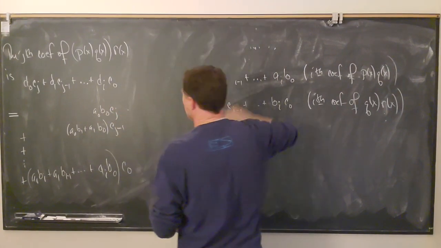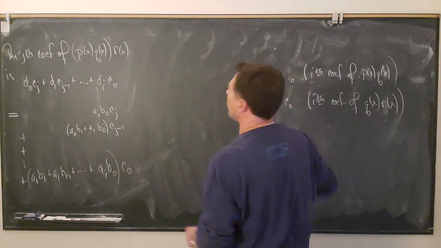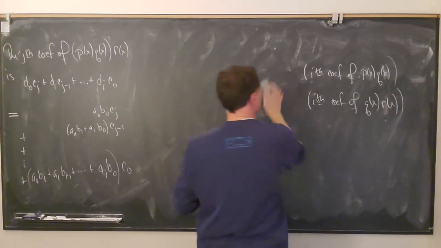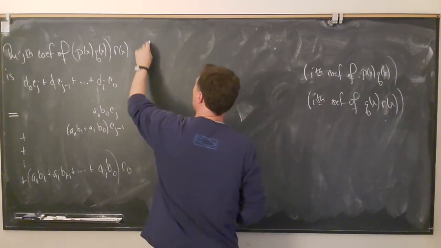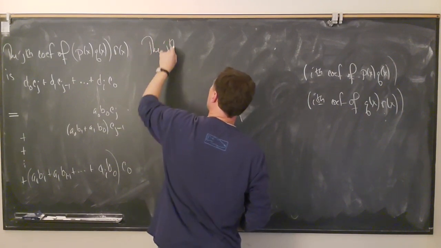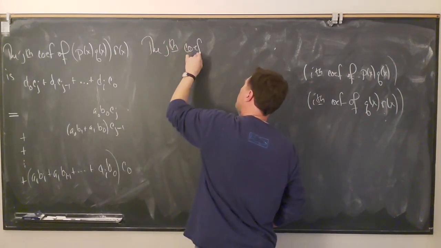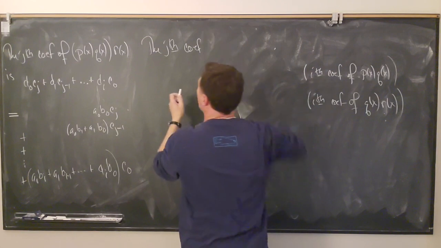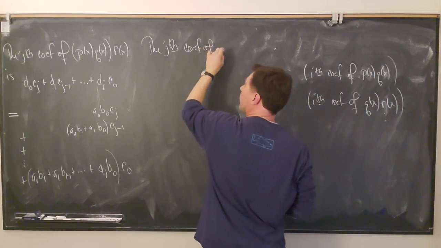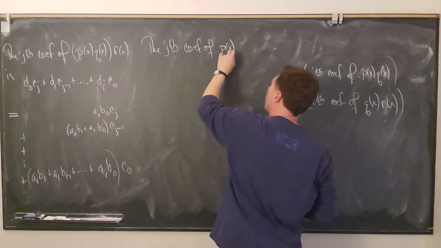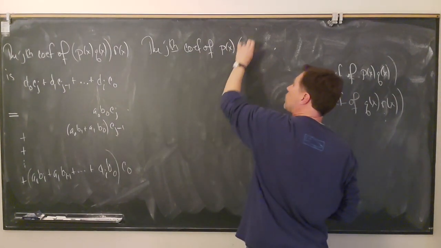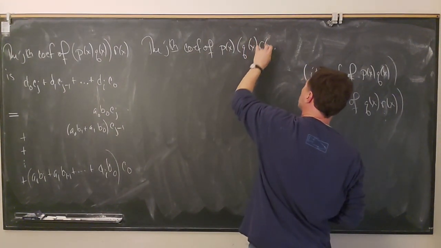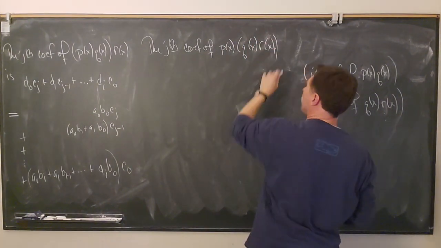And I also want to look at the jth coefficient of what you get when you move the parentheses over. So the jth coefficient of P of X times Q of X R of X is,